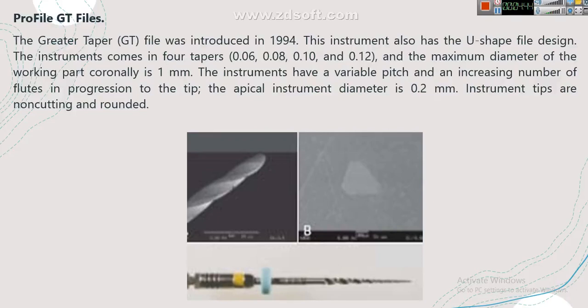The maximum diameter of the working part coronally is around 1 millimeter. Also, when we talked about the taperness of the file, if you remember, we studied a very nice slide about D1 to D16, how the diameter of the file would be increased from the tip to the most